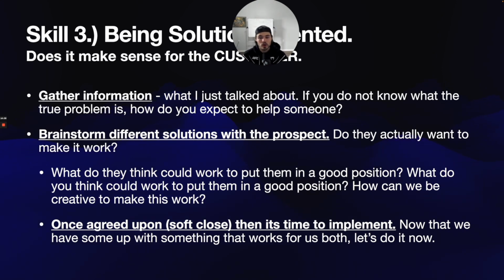So being solution-oriented like that is super, super important because it allows you to be very versed in whatever the situation is, okay? That is very important because there's going to be different situations for everybody. Every single person that you talk to is going to have a different situation, right? They're going to have different problems that they face in their life. They're going to have different pluses that they have in their life, right? They're going to have different everything in their life, and you